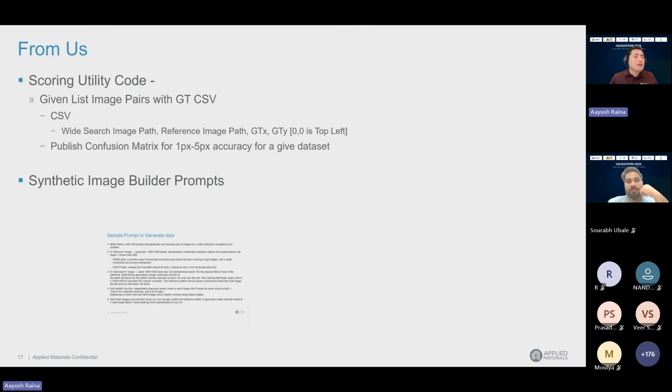So you can always start with the images here. We'll give you more images from our side also. This was just a starting kickoff webinar where we wanted to explain the problem in depth, and now we'll be more hands-on with you to help you out.